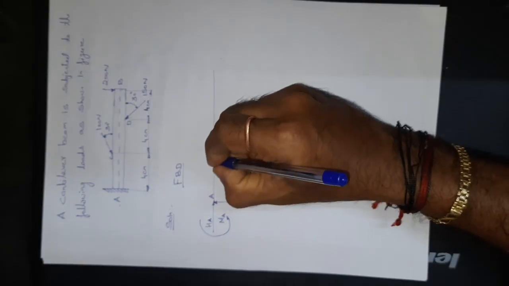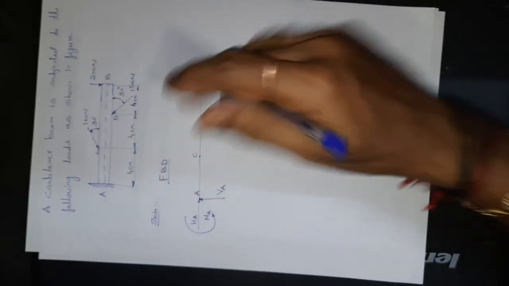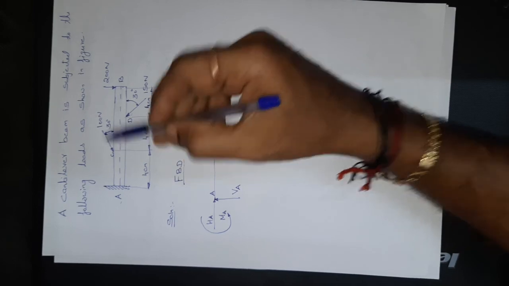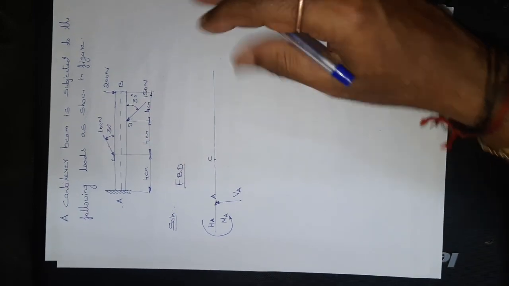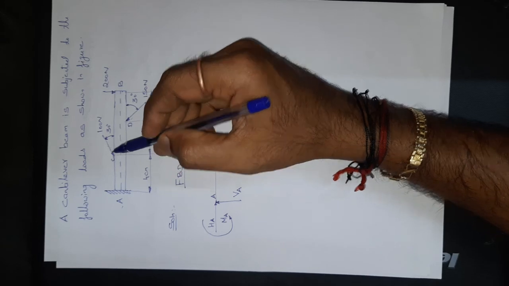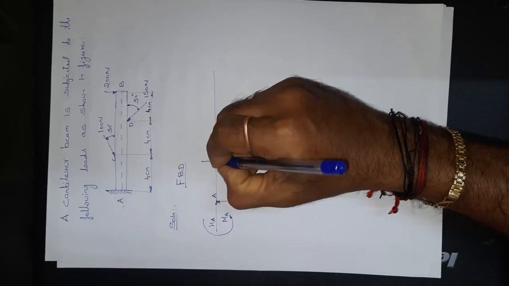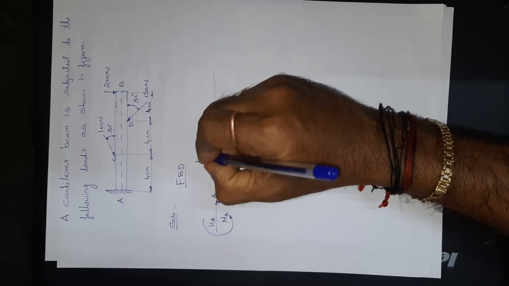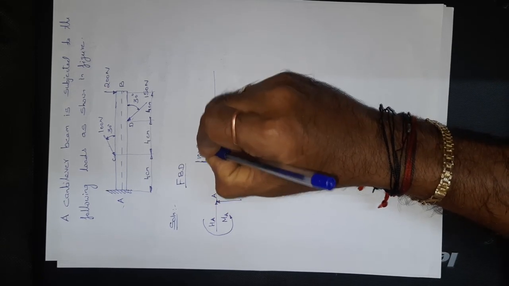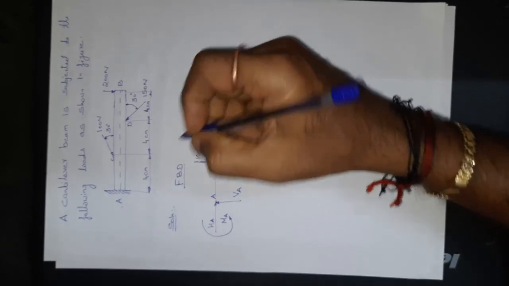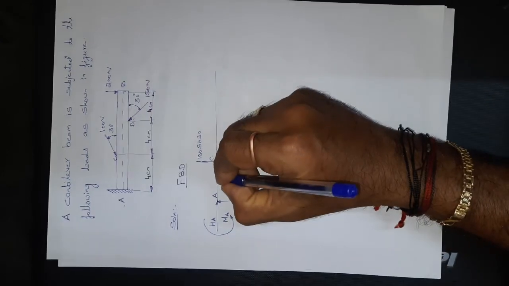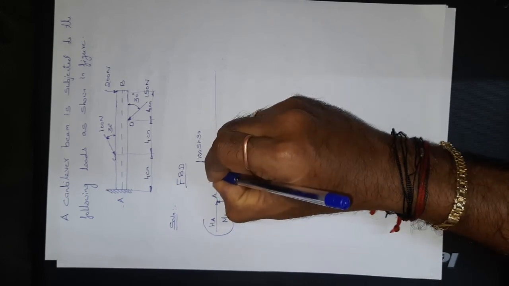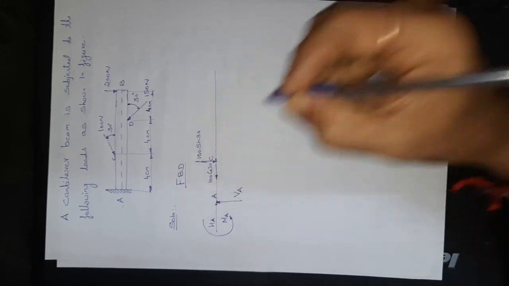At point C, there is a force acting at an angle of 30 degrees with the horizontal, isn't it? So this needs to be converted into two components. The vertical force has magnitude 100 sin 30, and the horizontal component would be in this direction, of magnitude 100 cos 30, right?